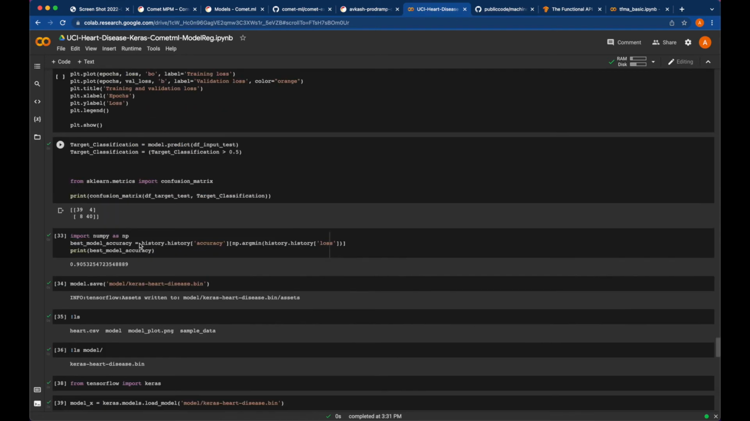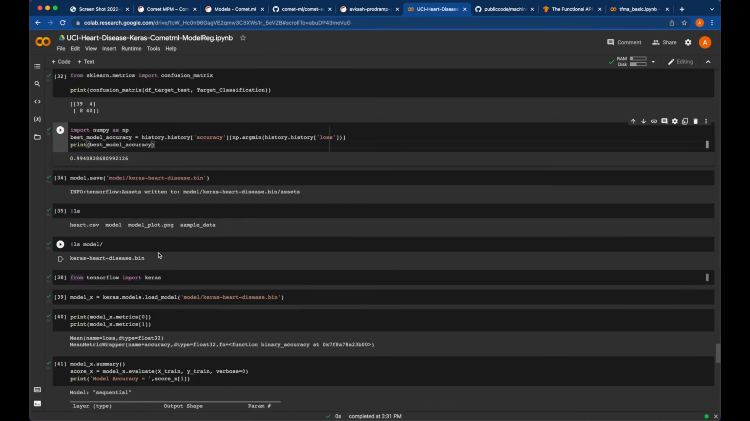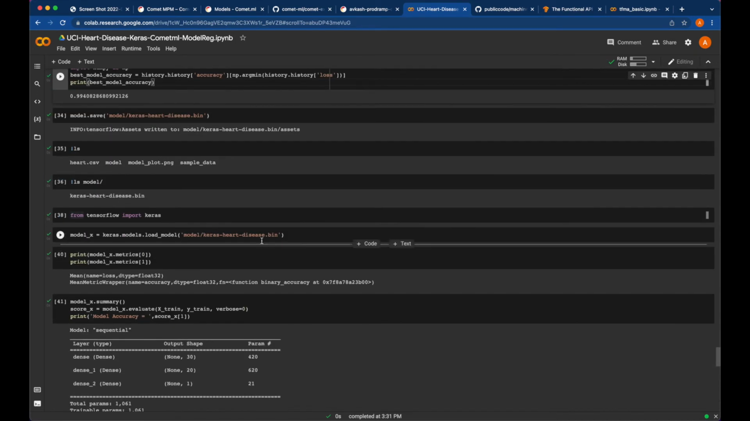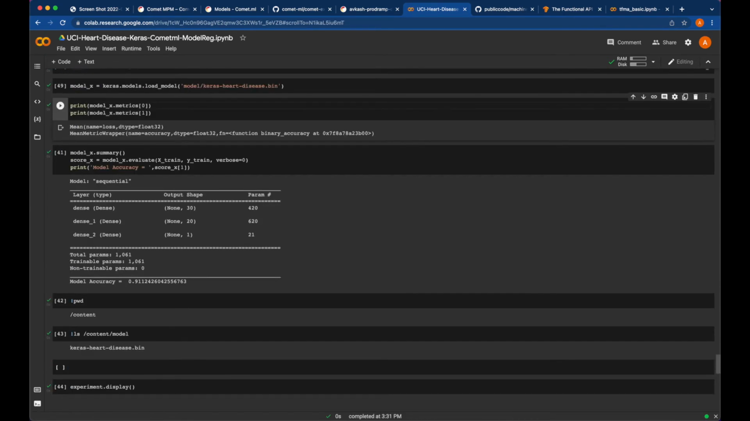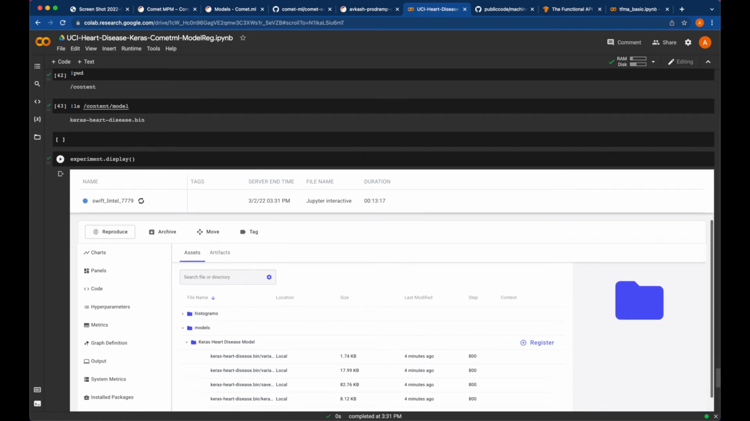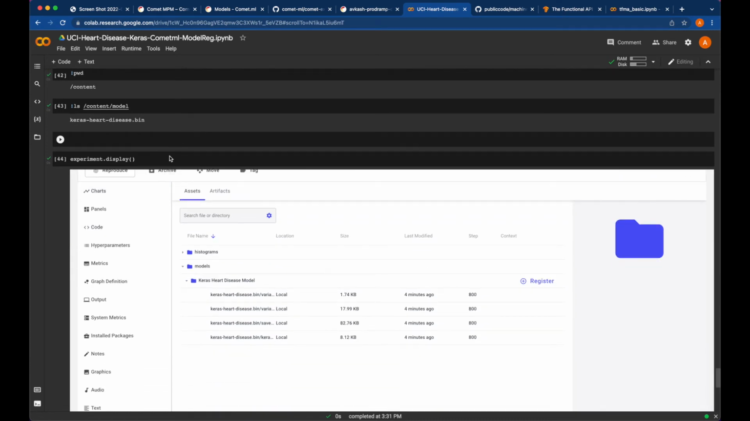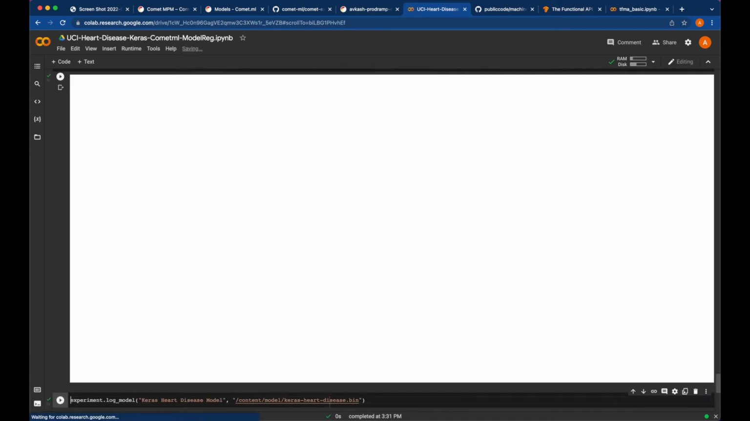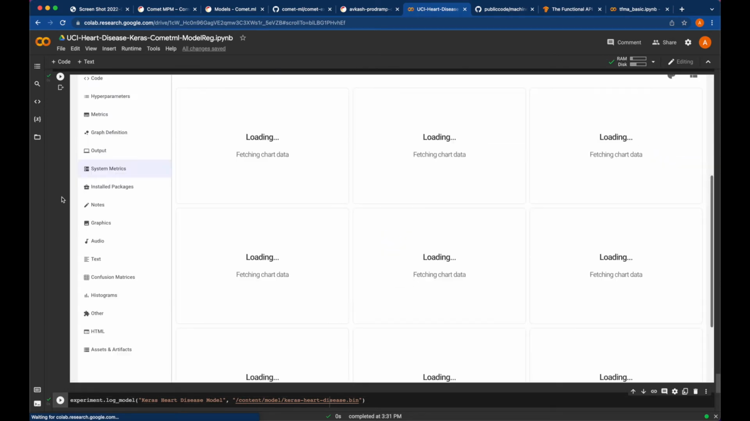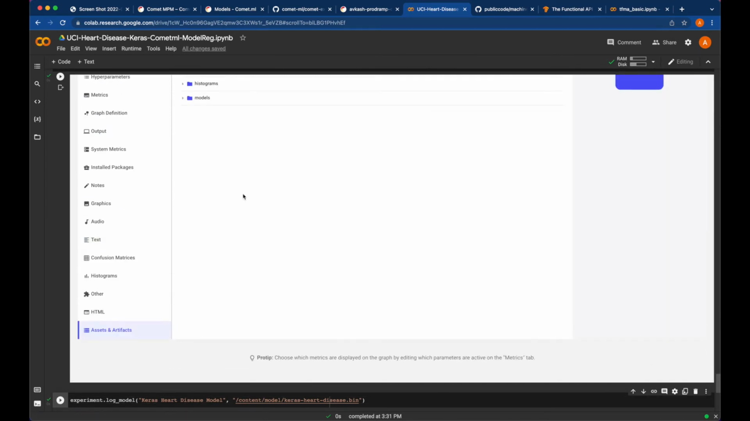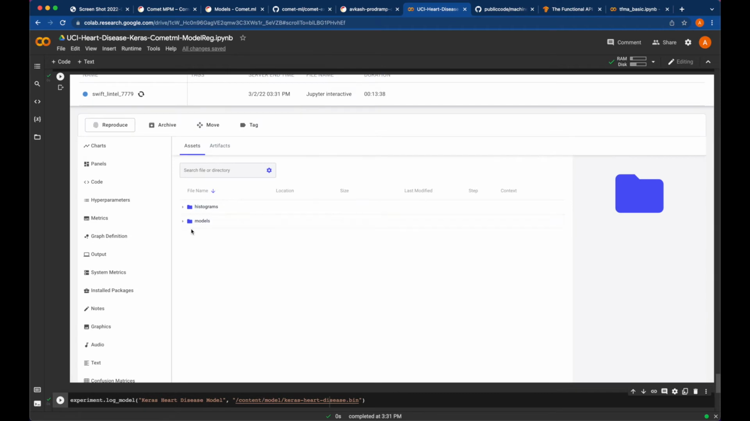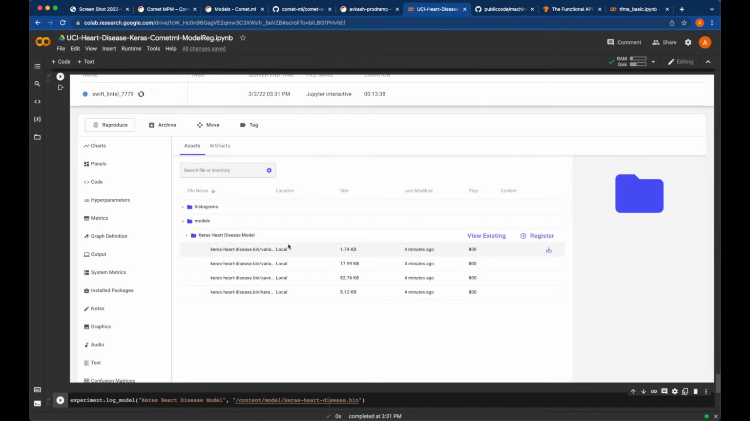And if we look into the accuracy, here it is 99. And if you would want to save this model, we can save it. So this model is saved locally, and now we can push this model from here. Let's look into this. So this is the artifacts. We can look into here and it will show you that the model is okay, and 4 minutes ago it was